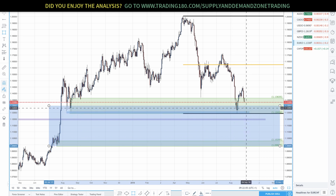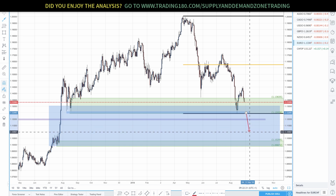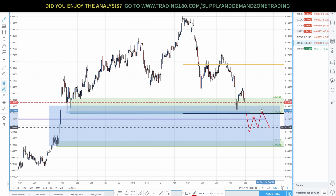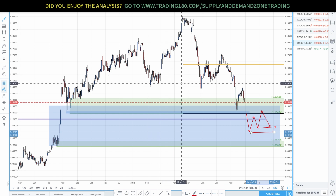Then we can start to look for setups, obviously in this demand zone, or if prices create a demand zone, and it really creates a demand zone. If we get something like this, let's say for example prices break through there, fine, that's okay, right? And then we start to create potentially a higher low, and then we get a pullback down to any of these demand zones, whether it's that higher low there or that higher low there, right? Then we just look to potentially look for buying opportunities. And again, this all depends on